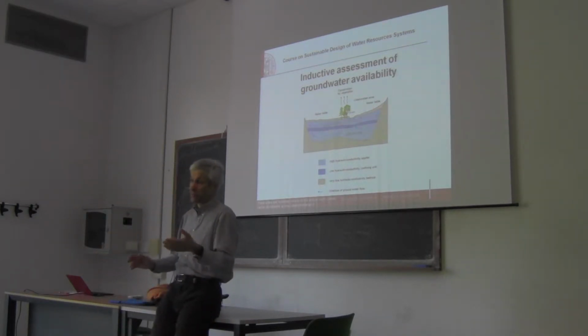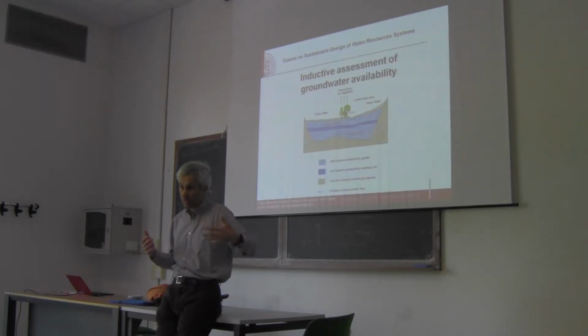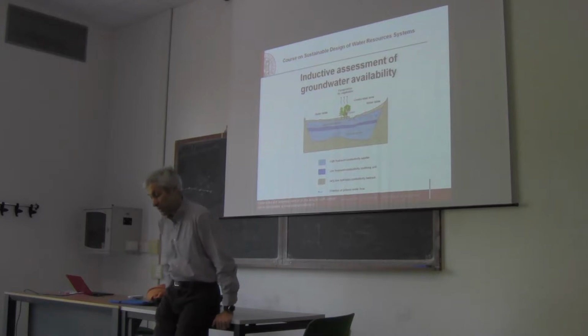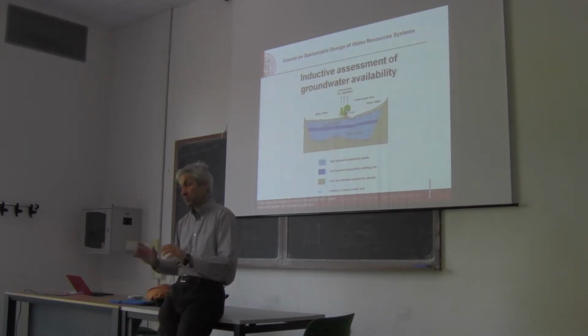When we refer to surface water, we learn that basically we deal with the river flow observations. When we turn to groundwater, the problem becomes more complicated because groundwater is something that is more difficult to observe. I'm not saying that we cannot observe groundwater. We can observe it, but it's more difficult, of course, because it's underground. The river is visible. Groundwater is not directly visible, unless we see that there is an emergence of the water